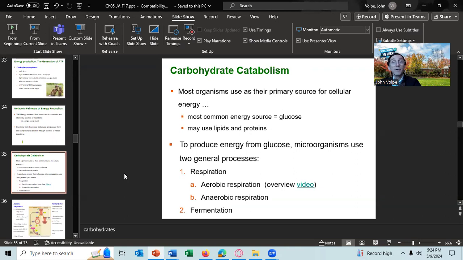Most organisms use as their primary source for cellular energy glucose or some other carbohydrate, and then burn it to obtain their energy needs. And this is a catabolic process. Like I said, it is true that photosynthetic organisms and chemosynthetic organisms do not use catabolism to obtain their energy needs, but they can. We'll talk a little bit about that later, or maybe I'll just mention it now, and